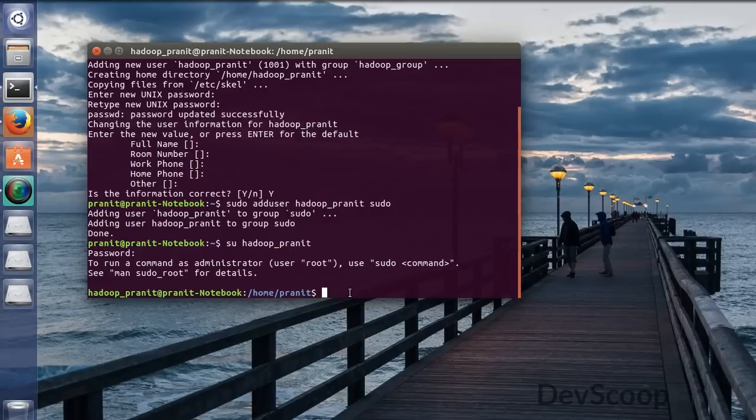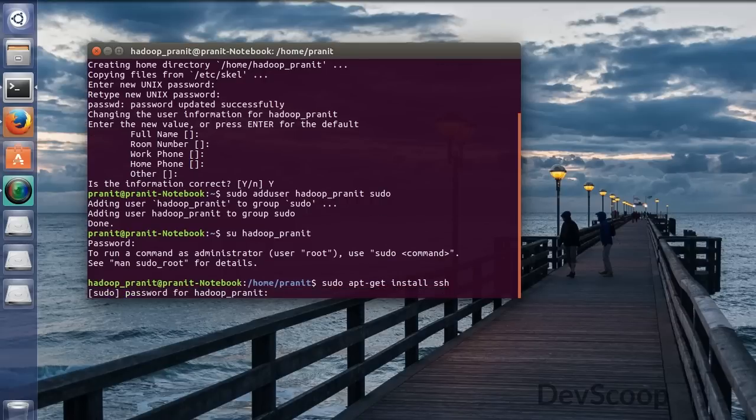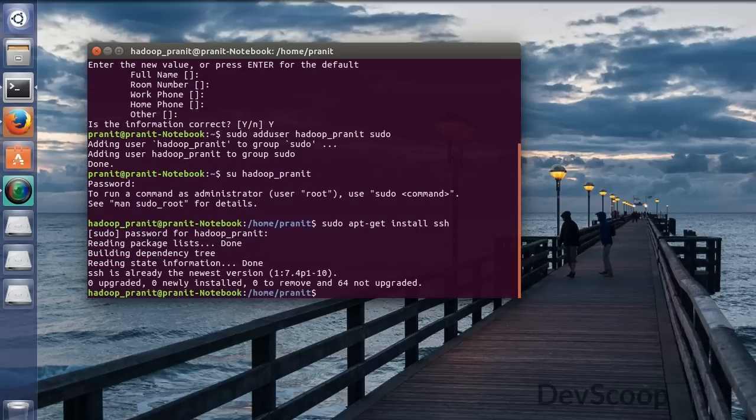And the next thing you want to do is make this SSH key. But you won't have SSH installed. So if you don't have SSH installed, you need to do sudo apt-get install ssh to install the SSH. I already had it installed, so